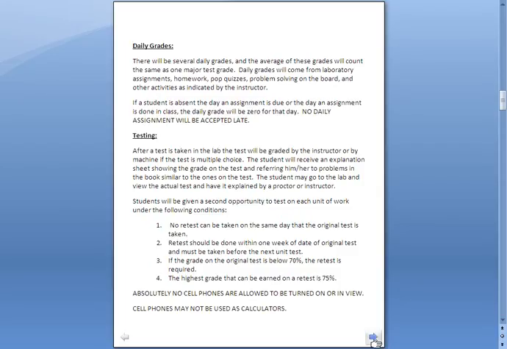how you get a daily grade. Well, the daily grade is going to count like a test score in the end. I'm going to give you several daily